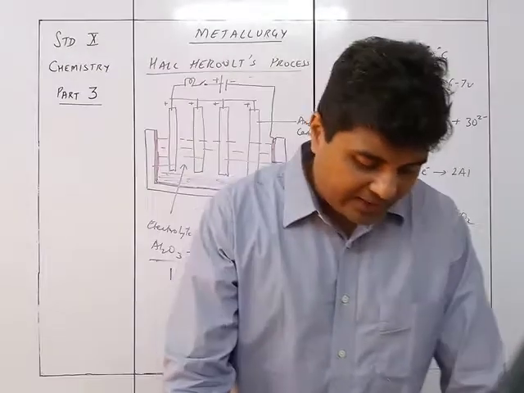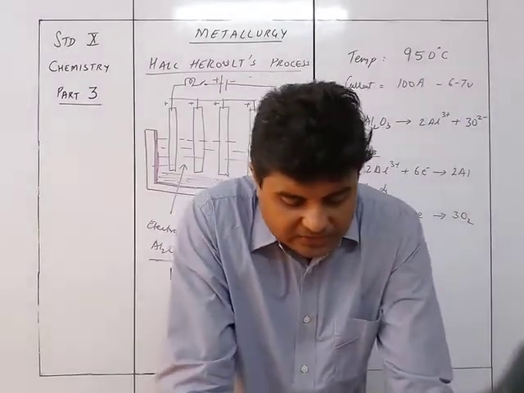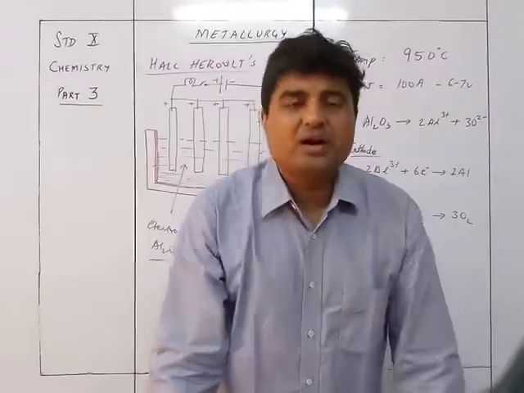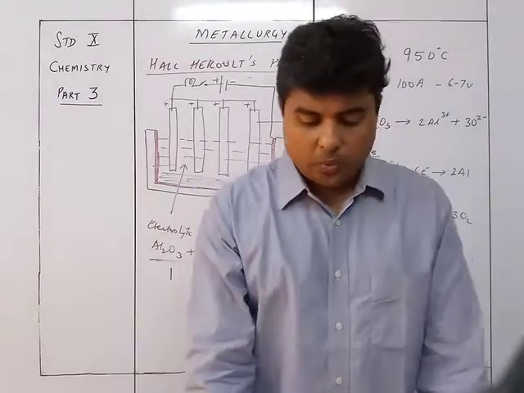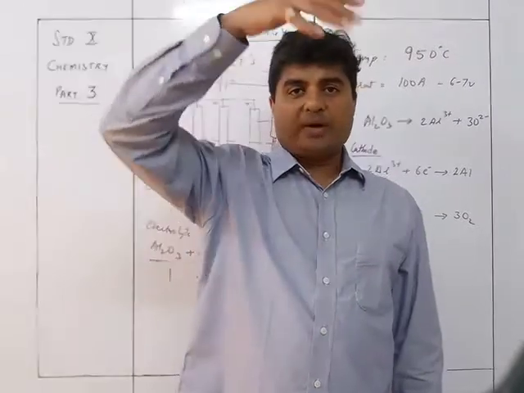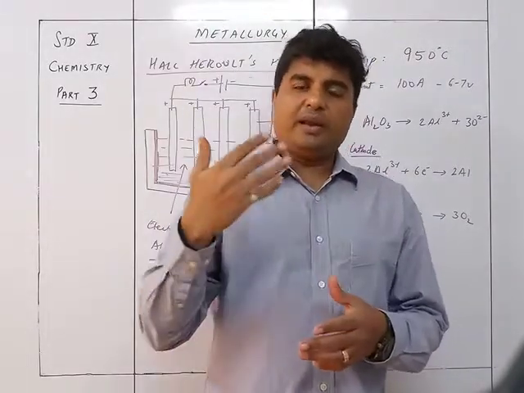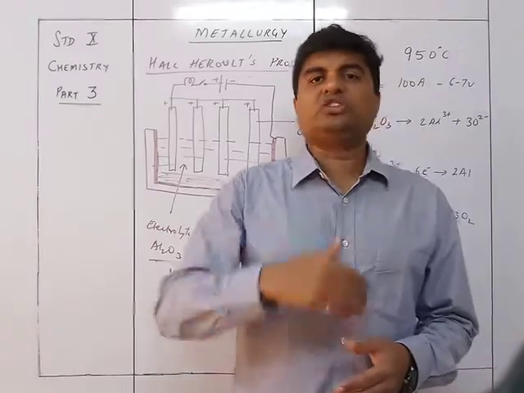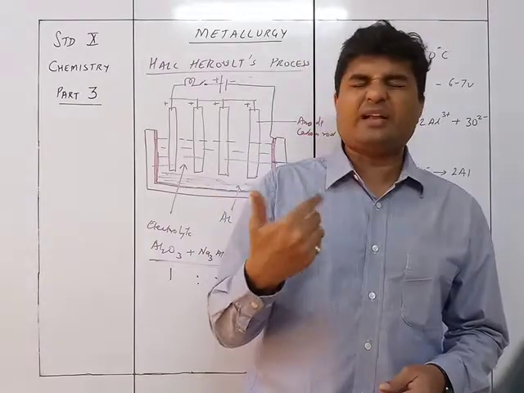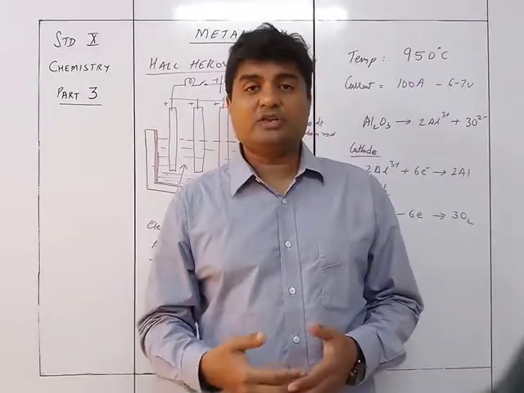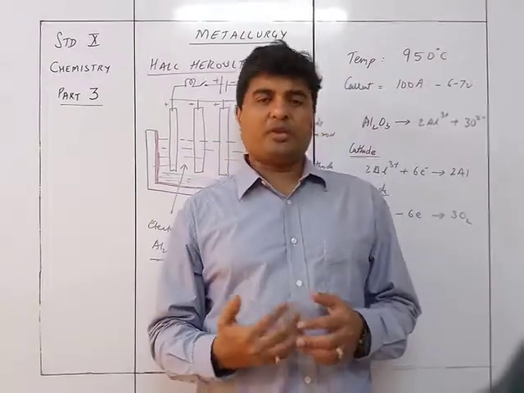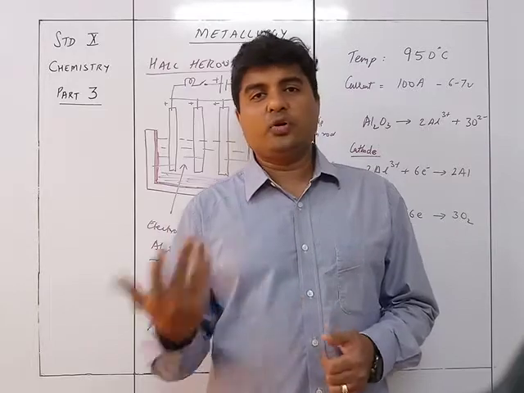So alumina ions are discharged in the presence of sodium and calcium ions due to their low position in the electrochemical series. We'll learn about electrolysis in detail later. Just as in the reactivity series sodium is above and aluminum is below, in electrolysis too, whatever is lower gets discharged first. That's why aluminum, being lower than calcium and sodium, is going to be discharged first.